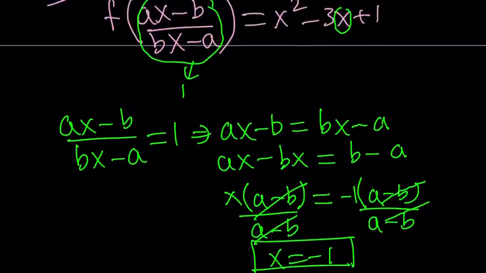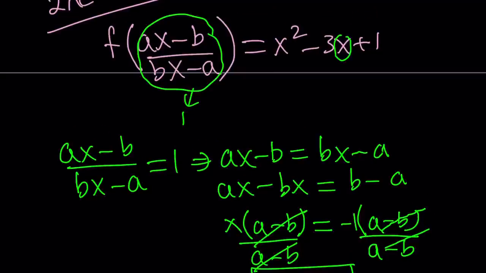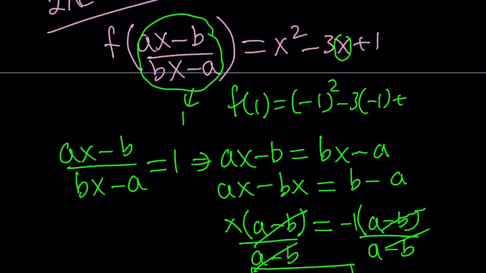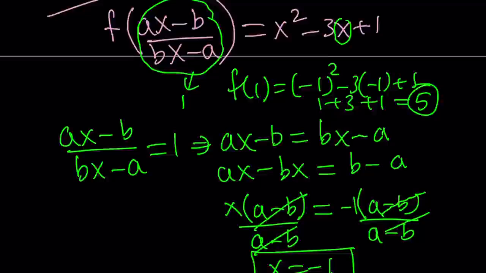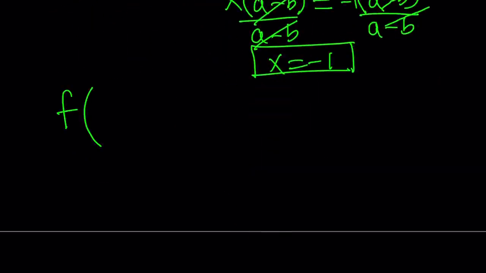For the expression inside the parentheses to be positive 1, you need to use negative 1. So in other words, this means f of 1 equals negative 1 squared minus 3 times negative 1 plus 1. That is equal to 1 plus 3 plus 1, which is 5. So f of 1 is going to be 5, and let's go ahead and find f of negative 1